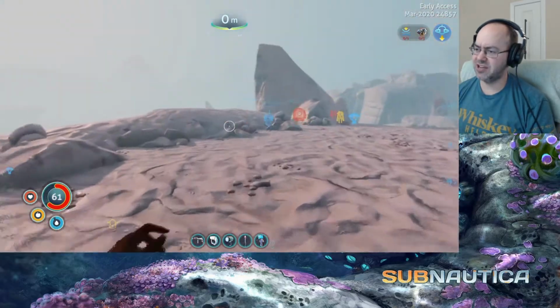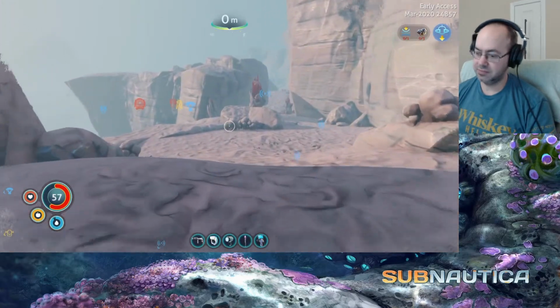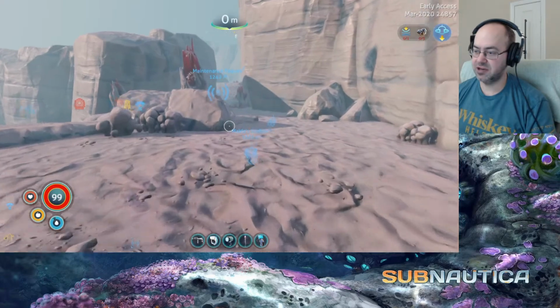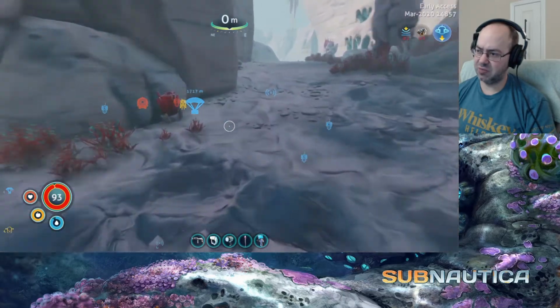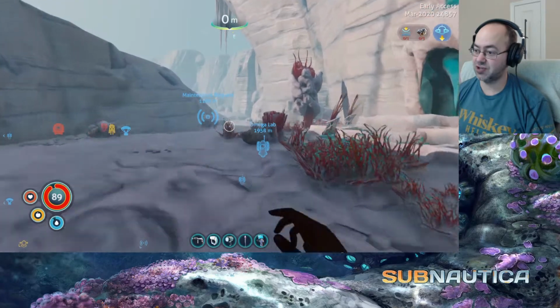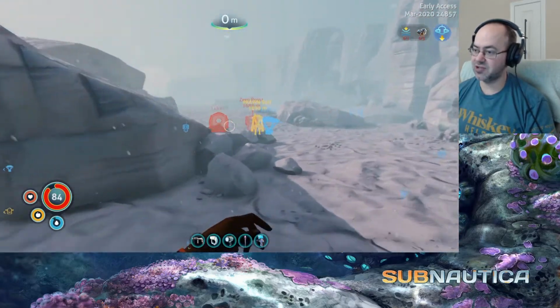Why do I need to scan the whole bike anyway? That doesn't make any sense, but whatever. And I guess I'm going the right way. I want to run here and then use the bike. We'll actually save right before the jump, in case I screw it up, because I don't think there's any...